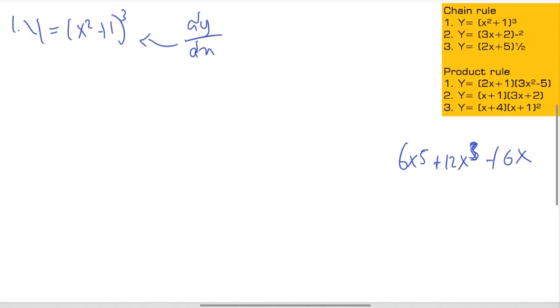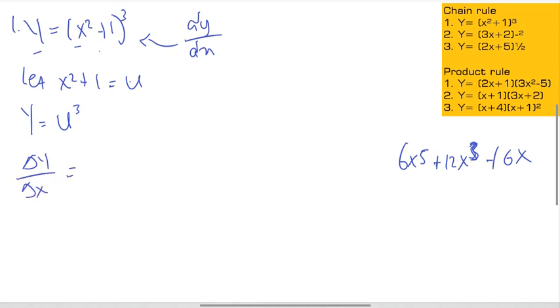You're going to say let x squared plus 1 equal u. We're introducing u, another variable. The only variables we have here are y and x, but now we're introducing another one, which is u. So u is x squared plus 1. Let's rewrite this expression, putting u as x squared plus 1. So that means y now will be equal to u raised to the power of 3, because u is x squared plus 1, right? So using chain rule now, if we want to find dy dx,